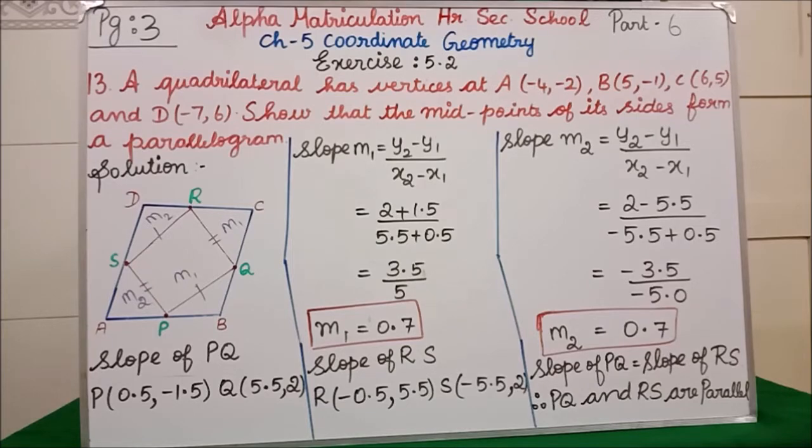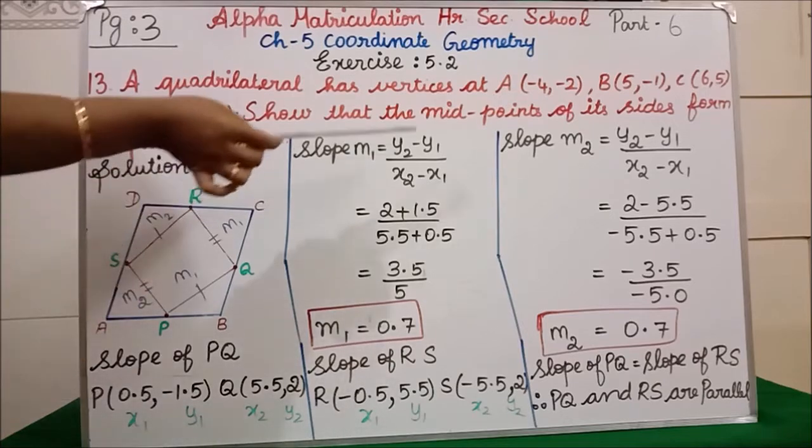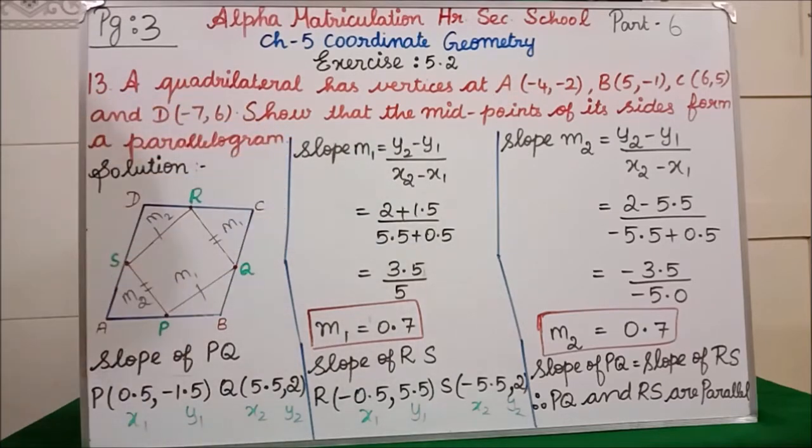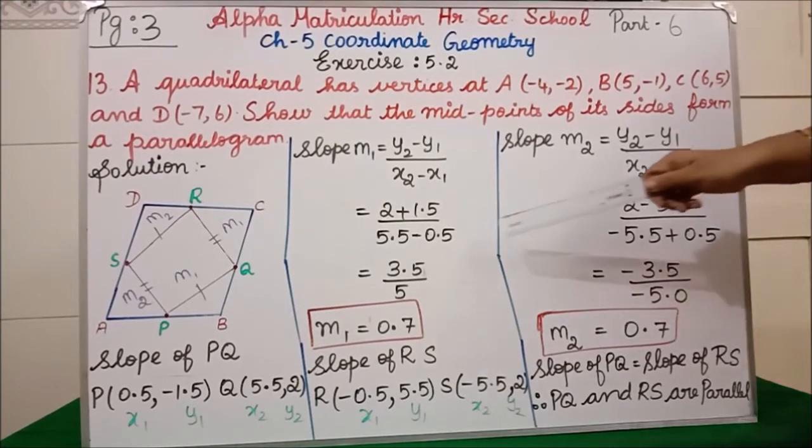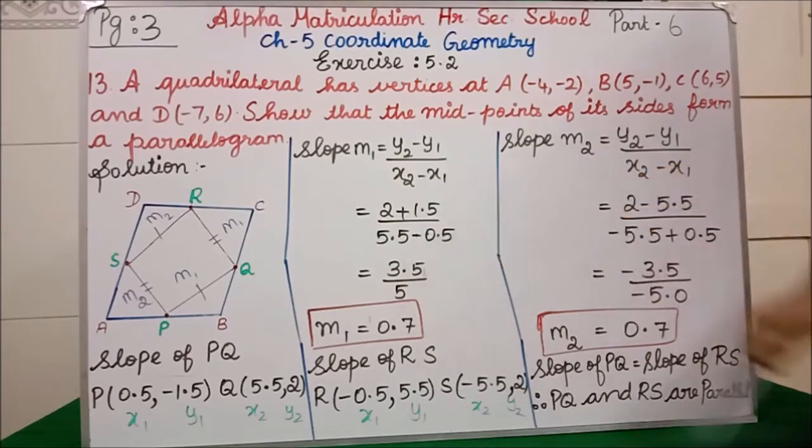I will write with the pen now. See, I have written. Now if you see, the y2 value they have given as 2, the y1 value is minus 1.5. In the formula there is a minus, so it becomes plus 1.5, divided by the x2 value 5.5, in the formula minus x1 value, which is here minus 0.5 will come. So it will become plus 0.5. Clear? Now if you see here, the x1 value is 0.5, so minus in between, so here also minus.